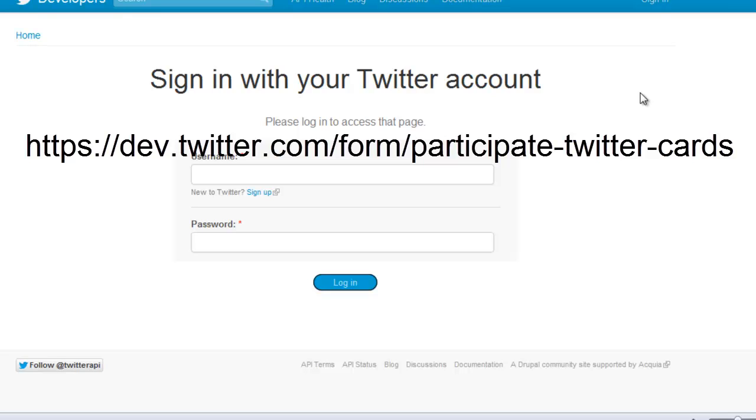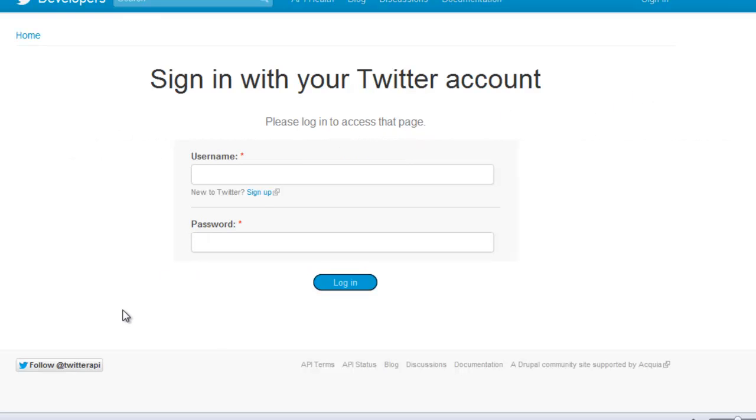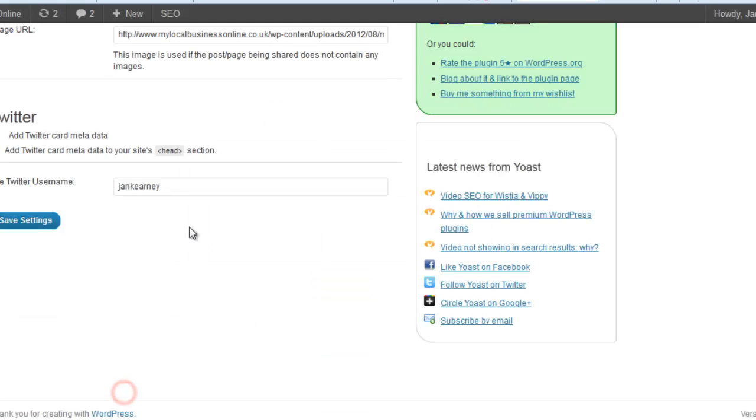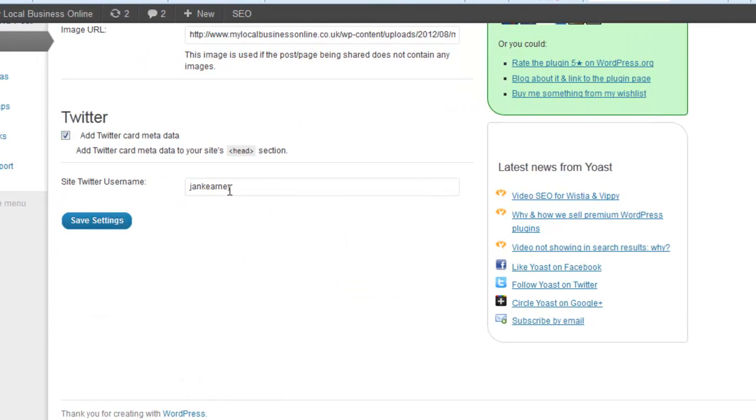It takes a couple of days, and once you do, if you've put the relevant code in your website header, which with Yoast is just as easy as ticking a box and putting your username in and clicking save, then you will get the Twitter cards coming up when you share links from your website or blog on Twitter.